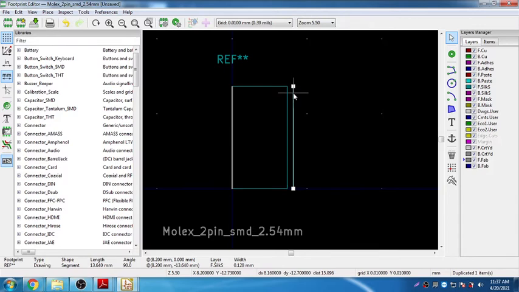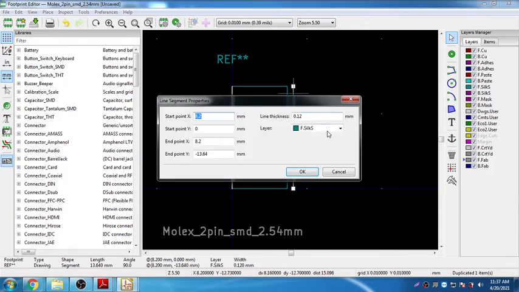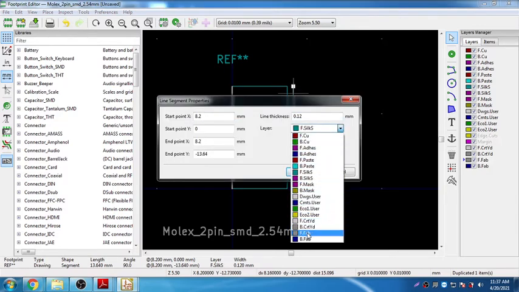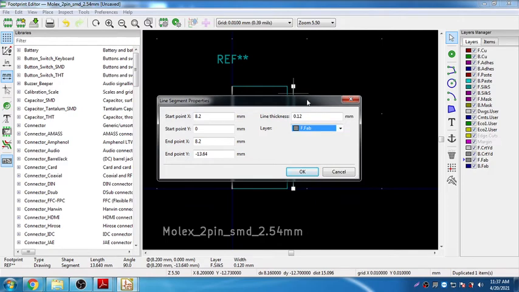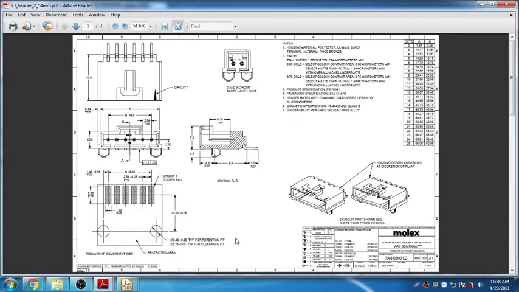So again, choose this. I'm going to add two fab layers here. So this again, I want it as a fab layer, and this dimension I'll make it as 2, and X is actually according to the data sheet, what we have planned here is 7.37.